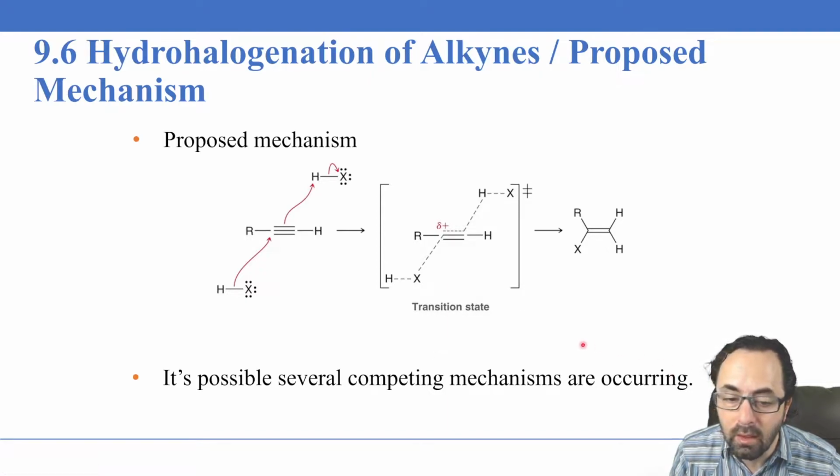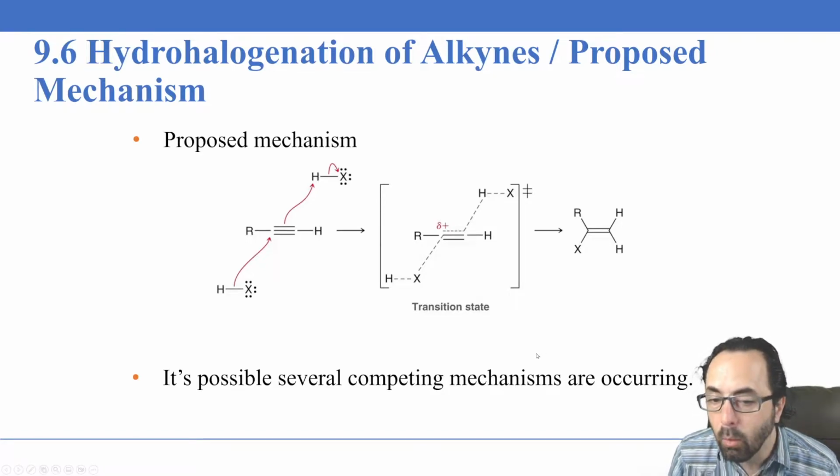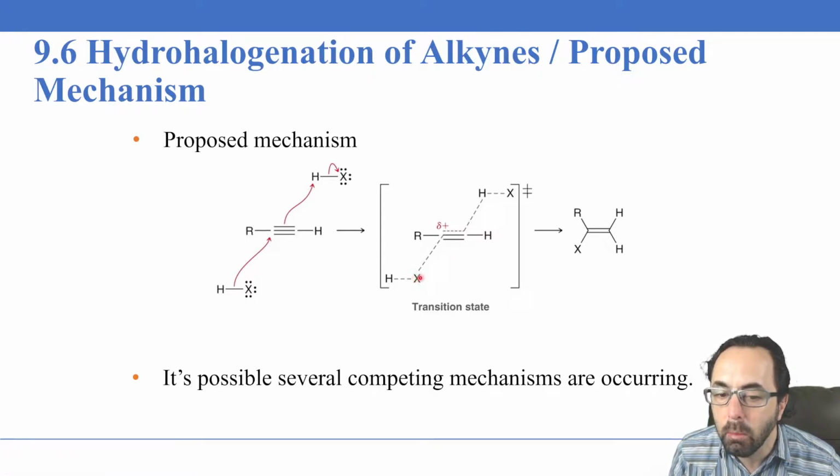I think that the details are not completely known, so your book will tell you. It's possible that there are other mechanisms occurring as well. The mechanism isn't completely known, but one possibility is that when the proton transfer is occurring, instead of the proton transfer occurring and getting a positive formal charge here completely, simultaneously we can have the beginnings of the formation of a bond to the other hydrohalide molecule here. And so there's a transition state involving two of these hydrohalides,